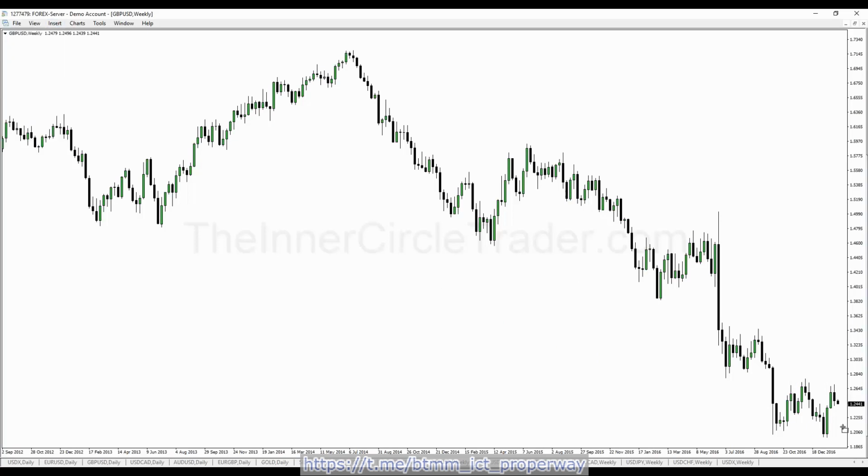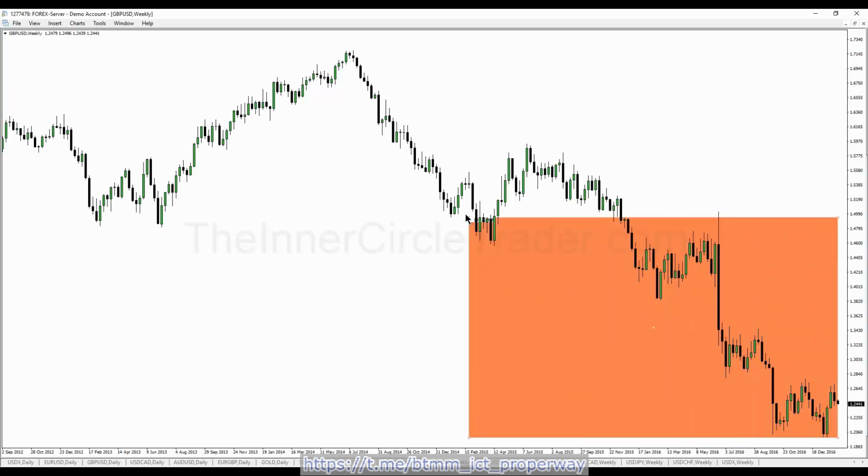It's real simple. It's not like a whole lot of indicators stuff. You just take in your chart